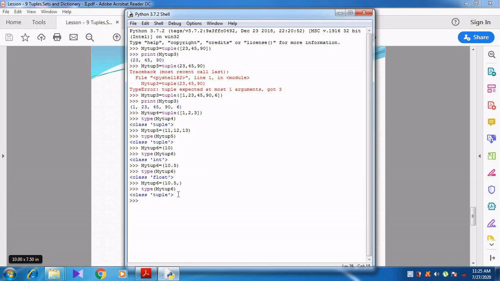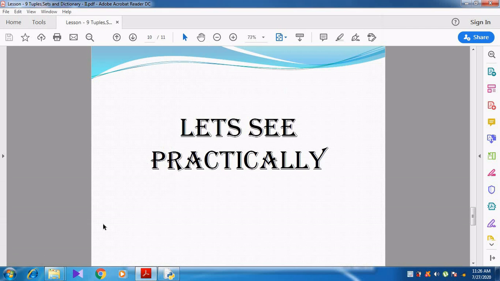How is it possible? In the previous output it showed class float for 10.5. But now it shows class tuple. Why is it showing class tuple? Because at the end of the one element we have given the comma. But if we do not give a comma at the end of the one element, it shows the ordinary data type. It does not show as tuple. So this is called a singleton tuple.